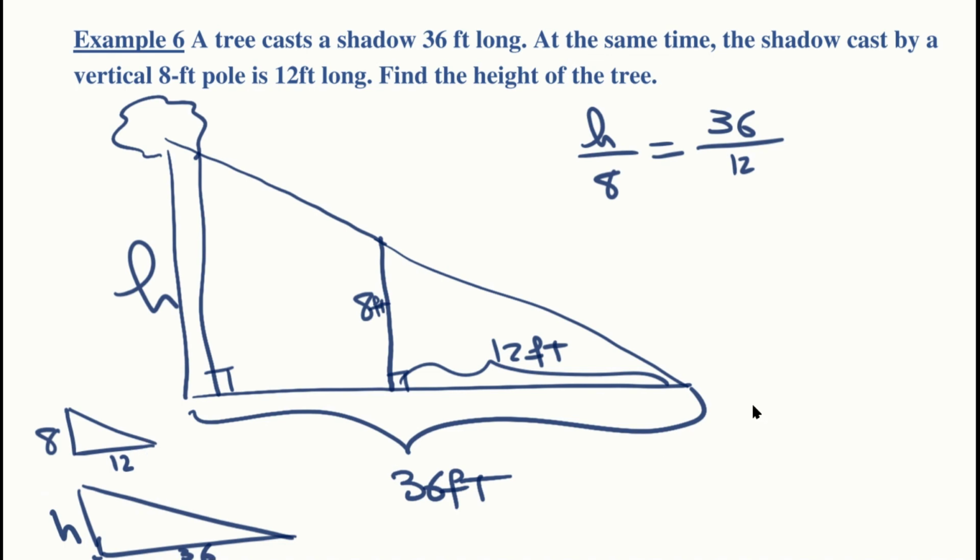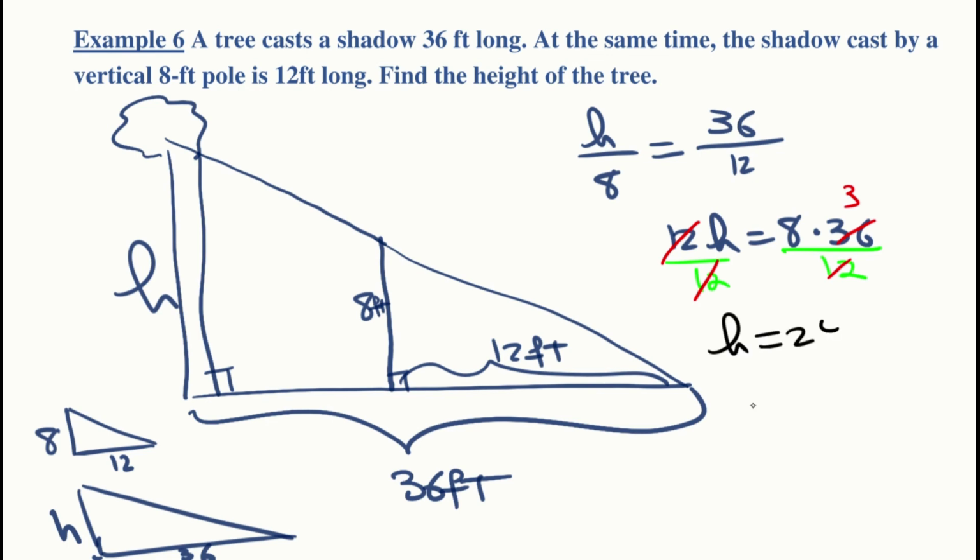All right, so now you notice we have a proportion again, so we can cross multiply. So we get 12h equals 8 times 36. We're going to divide both sides by 12, and here these will cancel out, so we know 12 goes into 36 3 times, so we get h equals 24, and that's it. So the height of the tree is